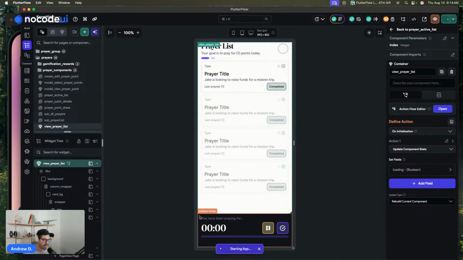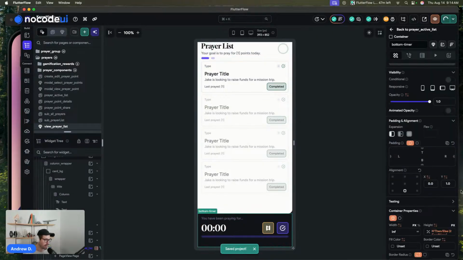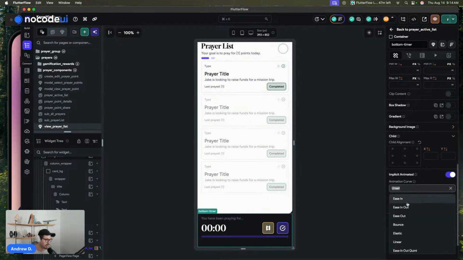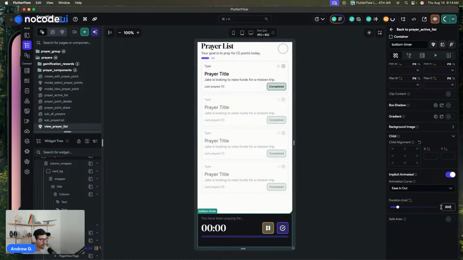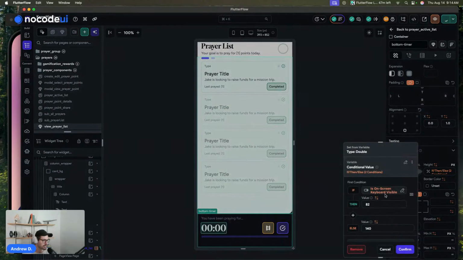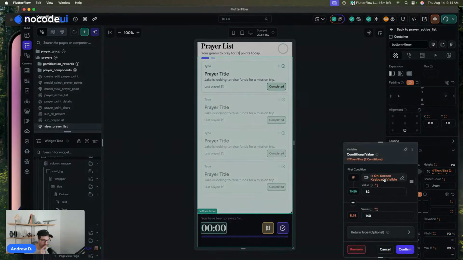And on this little guy down here, we have this height already as we want this implicitly animated. Always implicitly animate your containers. This is another really cool hack. You can animate just containers. You don't even have to use the animation pane over here. You can just animate this. And so I have this condition, is on-screen keyboard visible, then we change the height of this. We're also going to say, look,